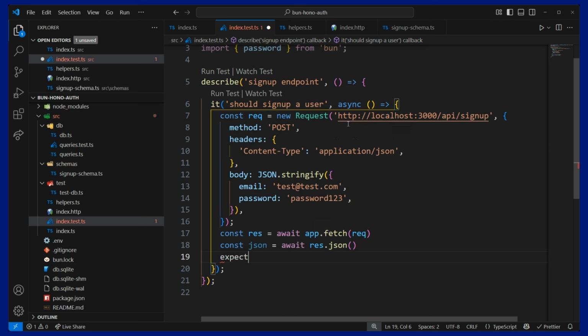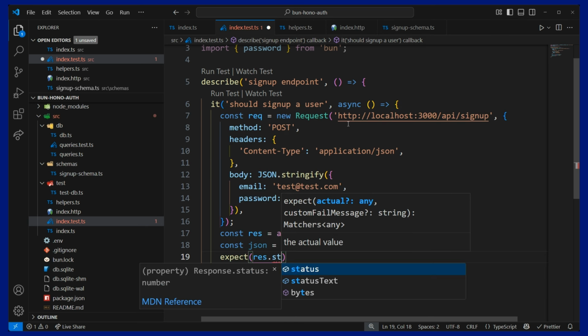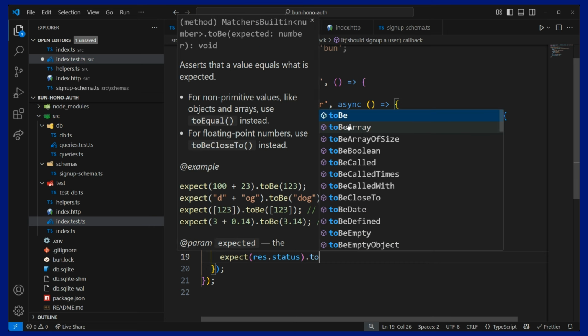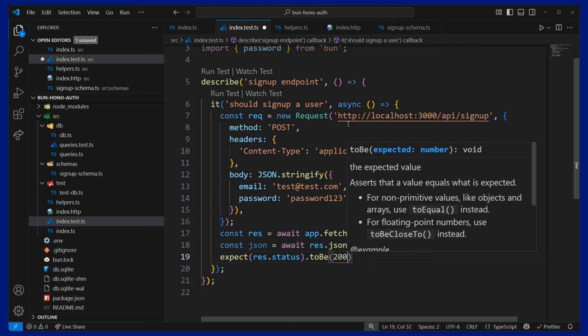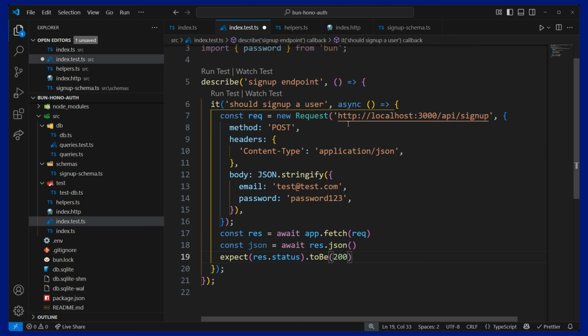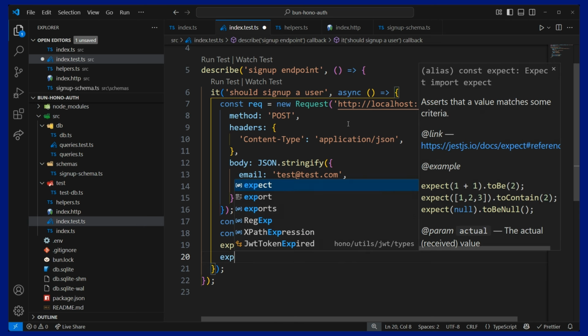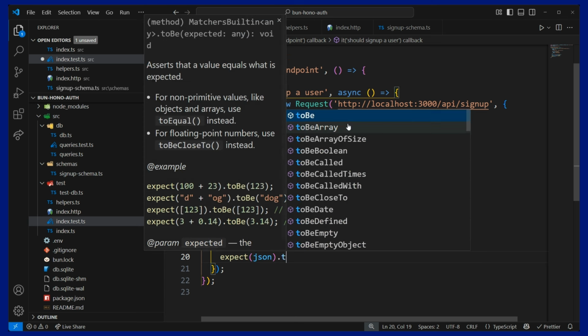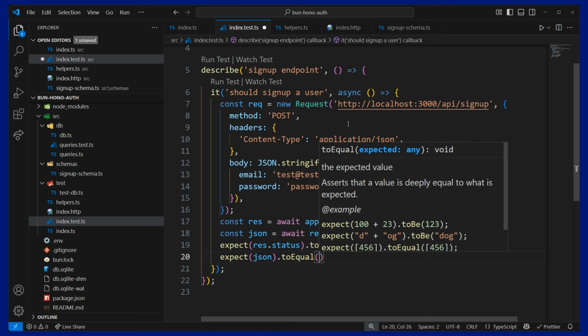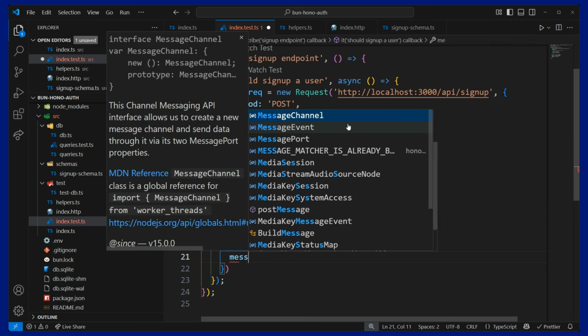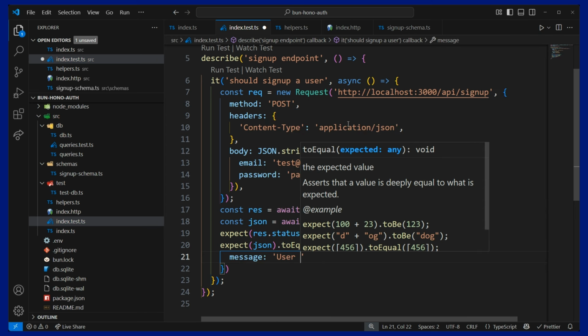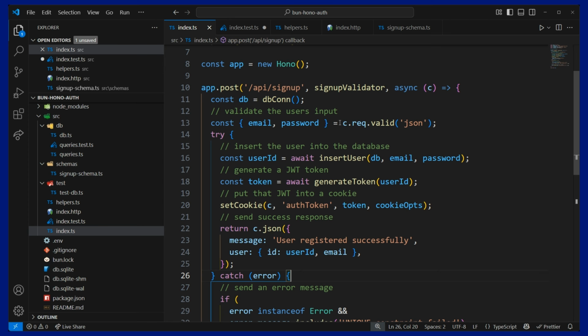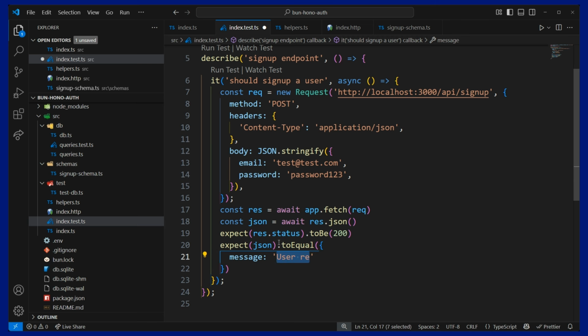And then we can write some expectations. So we expect the response.status to be 200. This is our happy path. And we're going to get back a message that says user registered successfully. So our JSON to equal the message of user, and this is right here, user registered successfully. Let's go ahead and copy that, save myself the typing,